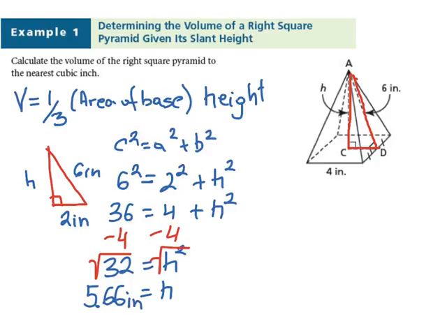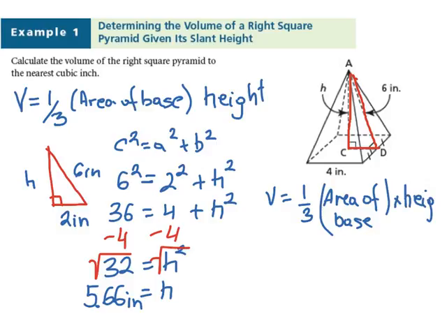So now volume is again written as 1/3 area of the base times the height. So volume is 1/3, area of the base is 4 times 4 because it is a square, and the height is 5.66. So therefore volume is